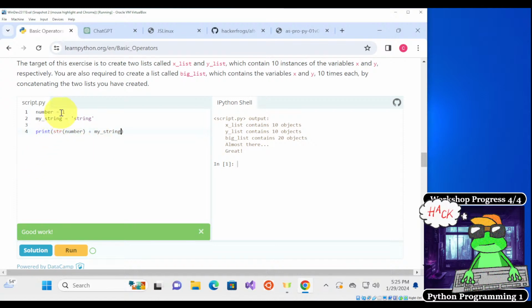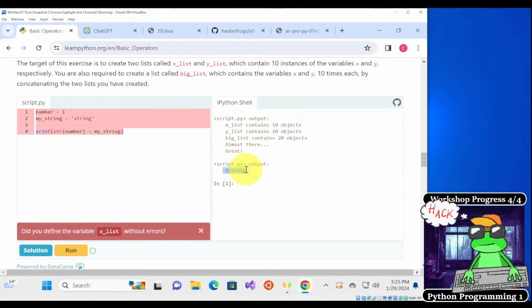And this should print out 1 and then string. So that's what it does.